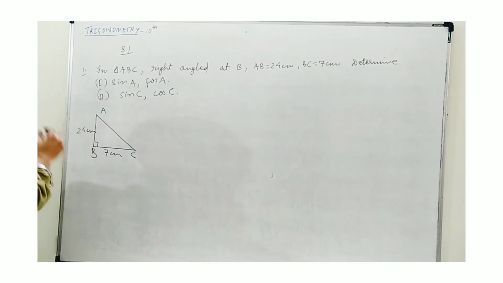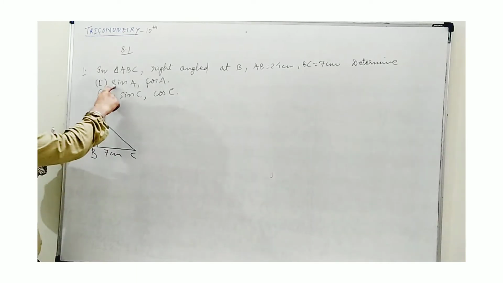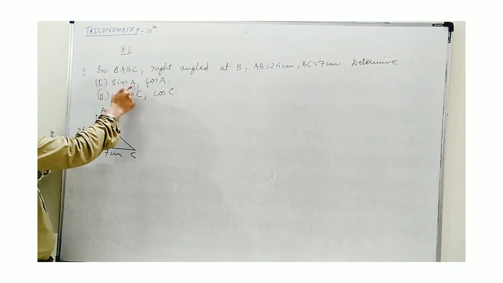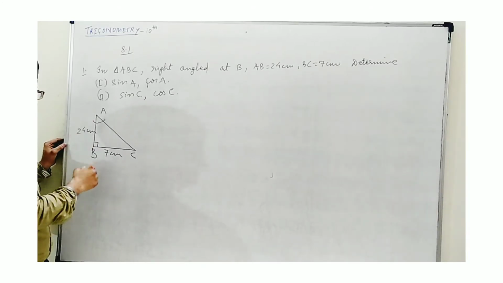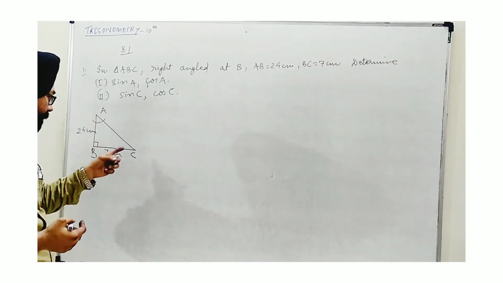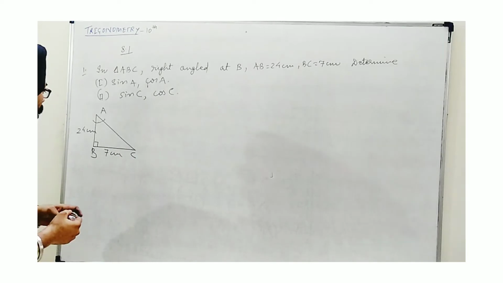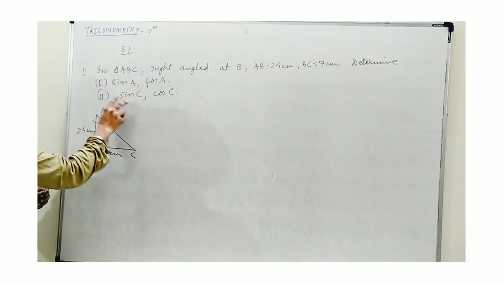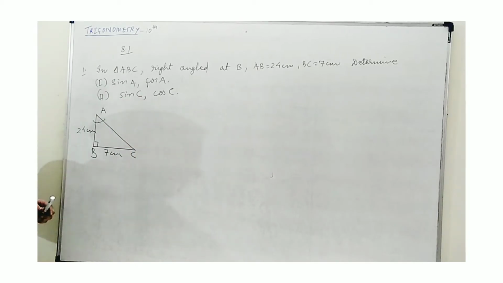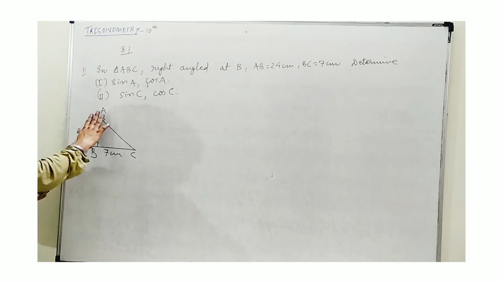Now be careful, when I say sine of A, A is an angle. We need to find the value when sine is applied on this angle. So for sine of A, we have to consider the acute angle to be A. In the previous explanation, I considered C to be the angle required. Now, sine of A and cos of A in the first condition, and sine of C and cos of C in the second condition. So let us discuss these. We will start with A. The first one says that we need sine of A.